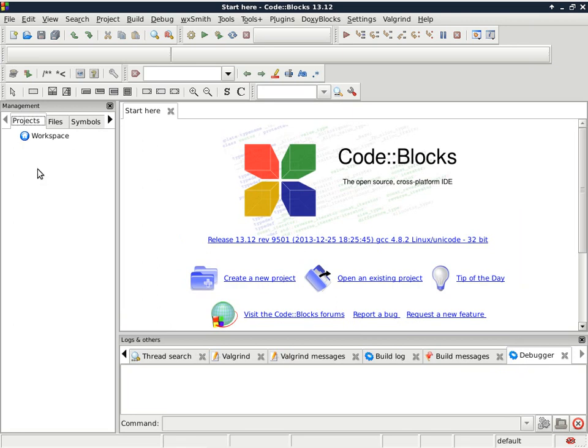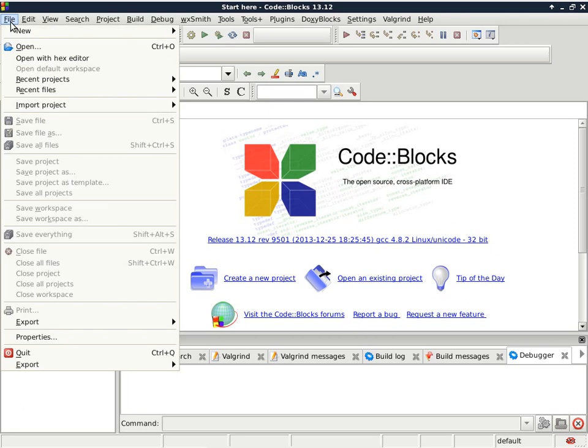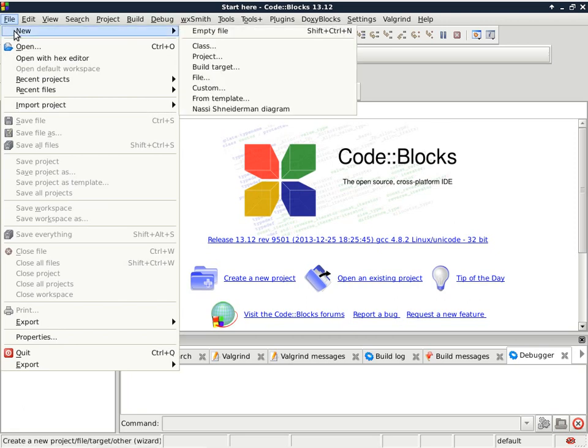All right. So here we have Code::Blocks, and in Code::Blocks, you're not dealing with files or folders. You're dealing with projects. So if you want to create your project in Code::Blocks, you have to create a project first, and then inside the project you can deal with the individual files. So the first thing you do is go to File, go to New, and then go to Project. So you're creating a new project at this point,